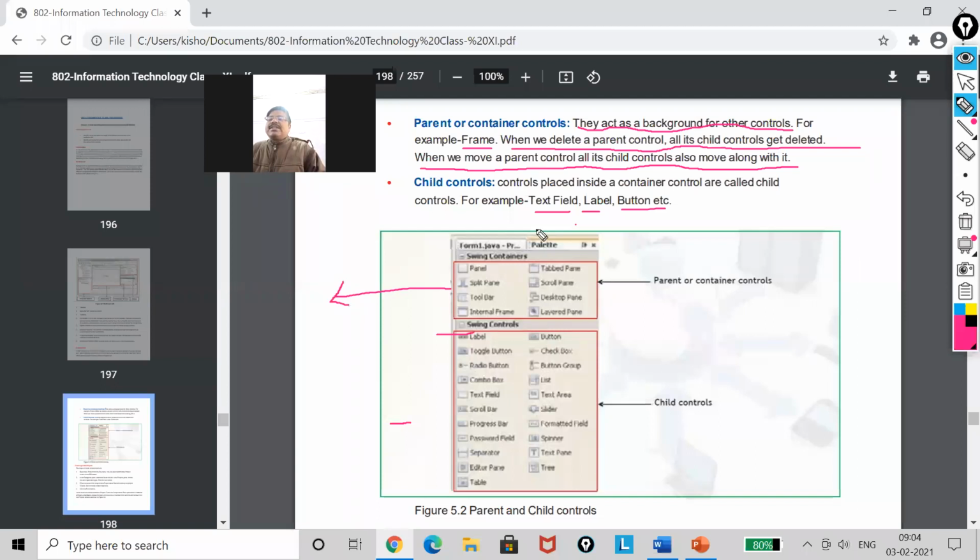You can see it. And the next one, that is my control. Okay. So actually all these which I am showing here are placed inside my container control.